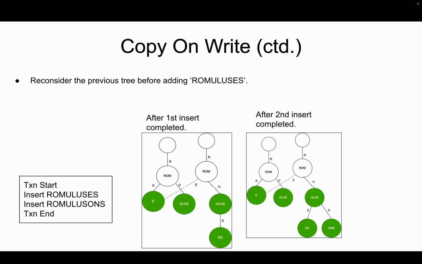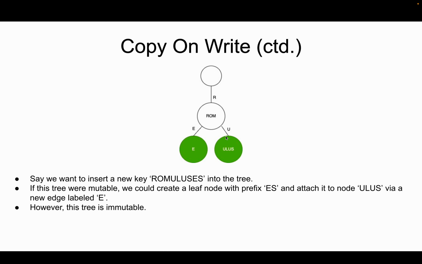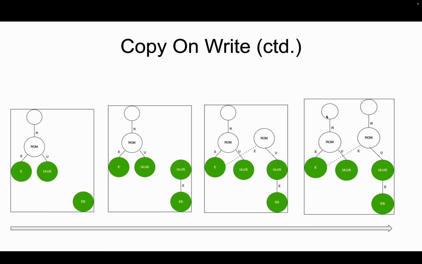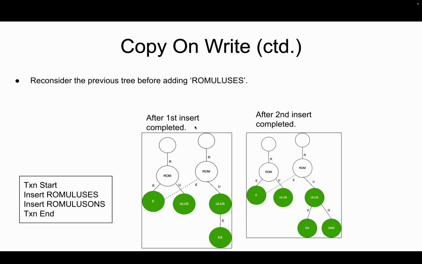Let's see if the next slide helps. So reconsider the previous tree before adding Romulus, right? This one. And now we are creating a transaction on our own, right? So we are starting a transaction, and we insert Romulus, at which point this entire process happens with copy and write. And we have two trees now, and we insert Romulus. Now we want to insert Romulus, right? Second step. You might think that we will have another series of copy and writes, and we create a third partial tree next to it,